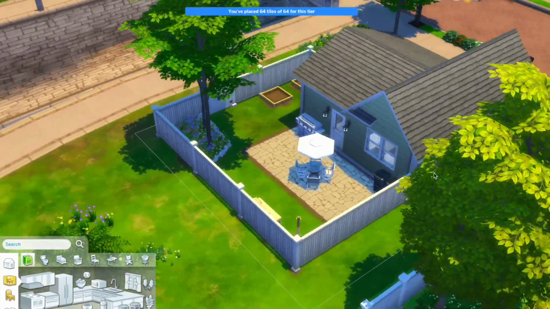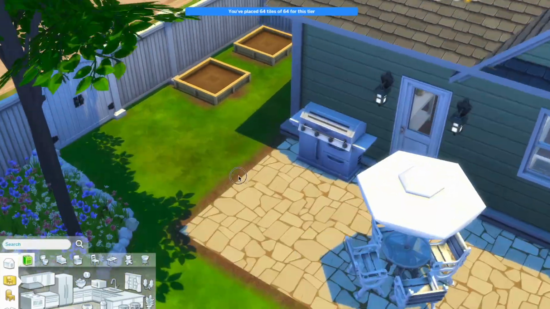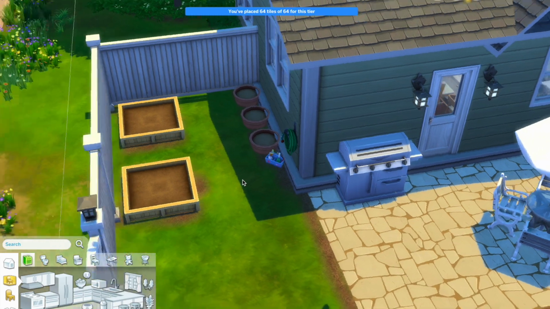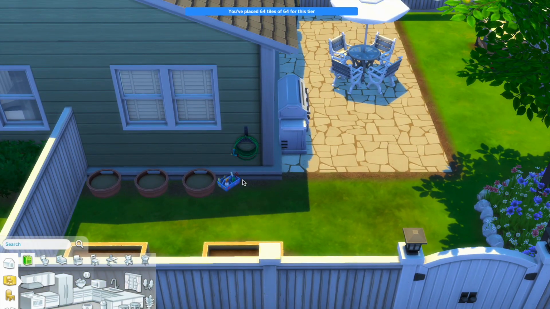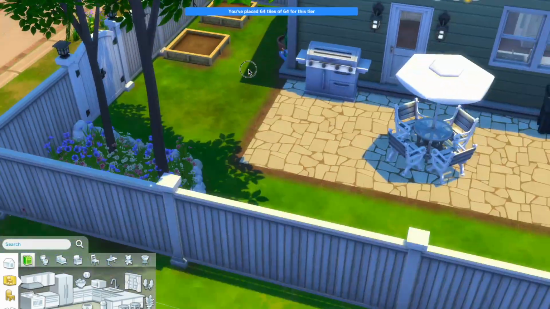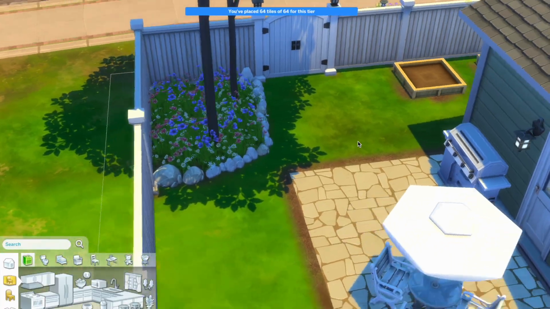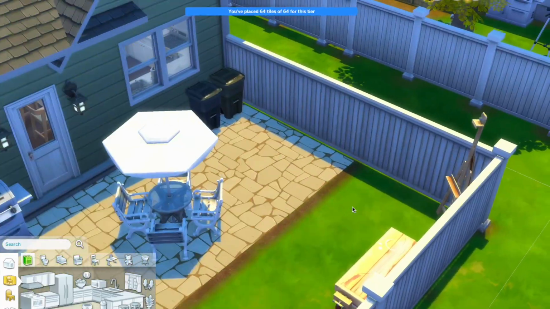Here's the backyard. I have that little gate over there. These are kind of clipping as well. I didn't notice that before, but it's fine. I got these planters and like gardening stuff over here, so whoever lives here can garden. Got a little wildflower thing under the trees. I added these in,